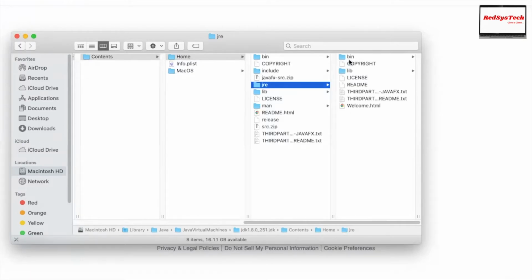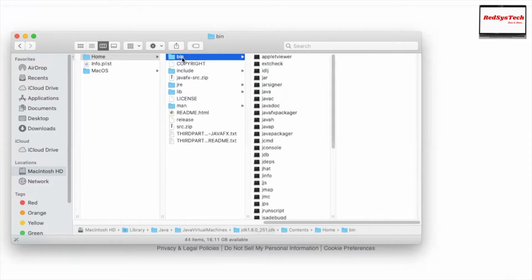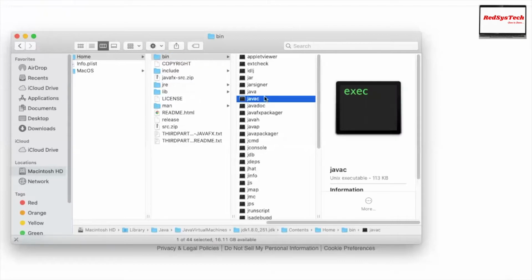The reason is that if you go to the bin folder of the Java JRE, you will see only the program called java. You don't see javac, isn't it? But when I say .java has to convert into .class file, you need javac. If I go into the JDK contents in the bin folder, I can see javac as well as java. These are all executable files. Basically, this is what you're going to run, the command which converts .java into a .class file.